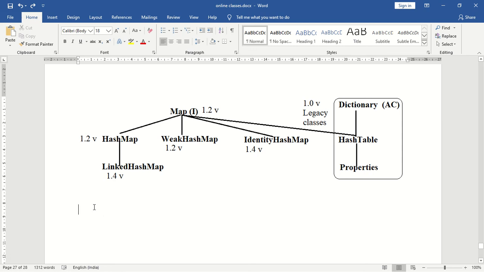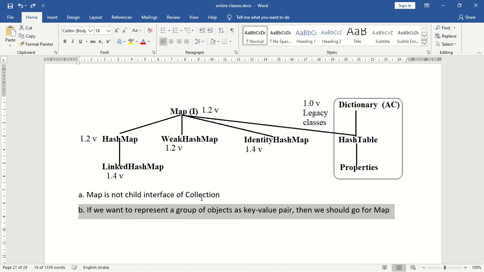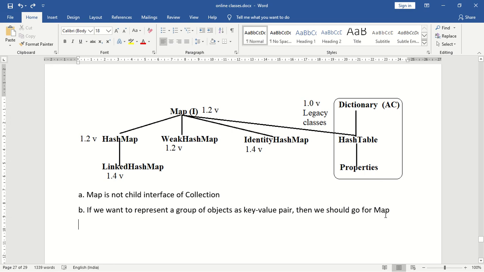So what is the first point with respect to the map? The first point is map is not a child interface of collections. Next, when we should go for a map? If we want to represent a group of objects as key value pairs, then we should go for a map concept. So what is the next point? Both key and value are objects only.